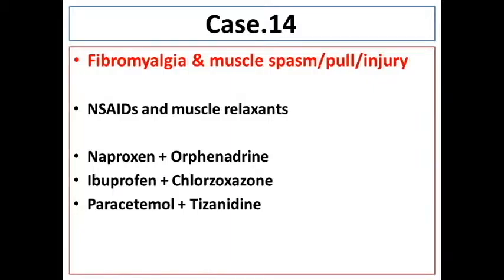So depending upon what is available locally, what you are aware of and what your experience is, you need to administer drugs accordingly for these individuals. One more word about fibromyalgia is that this is a chronic problem, and often after using the non-steroidal drugs, they do not seem to relieve the pain anymore. So the next step would be use of codeine or tramadol. And there may come a time when even codeine and tramadol are unable to relieve pain. So in this case, antidepressant medications are added on to relieve the pain. That's a good addition to the current treatment which is listed here.